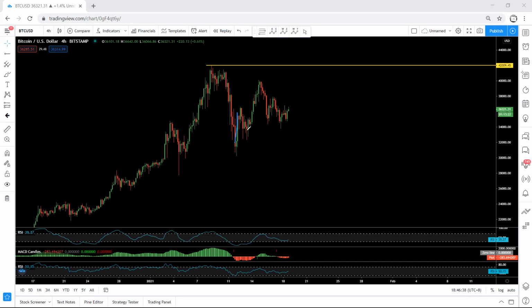If this is the one and this is the start of the down move, fine. If we go with the second option, that means we can expect a bigger correction before we get the up move. If you want to put this one relative to this, we can still expect the price to make one move down before we get the up move. But without considering which option it is, now we want to see how we can trade it. We just need to focus on what we have here.